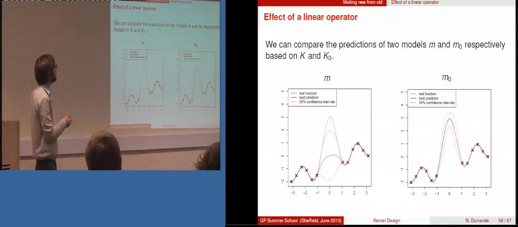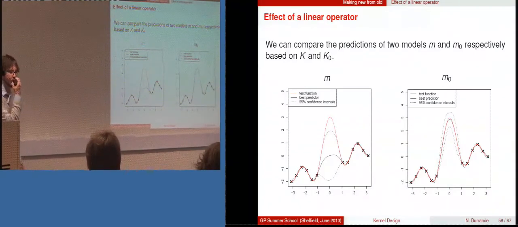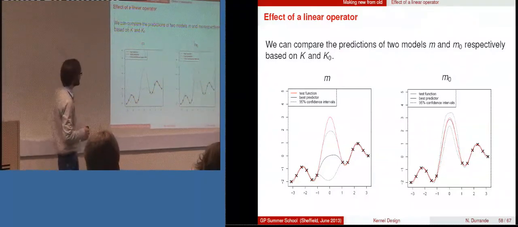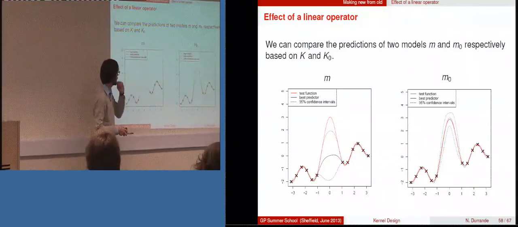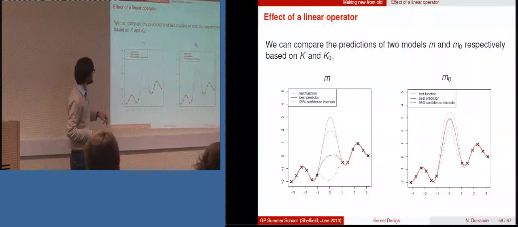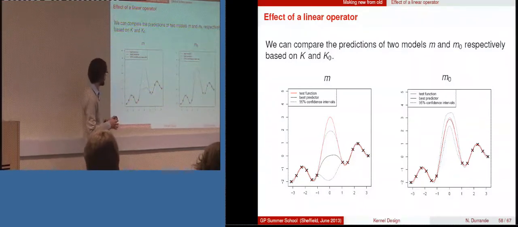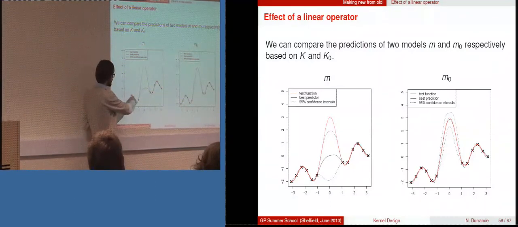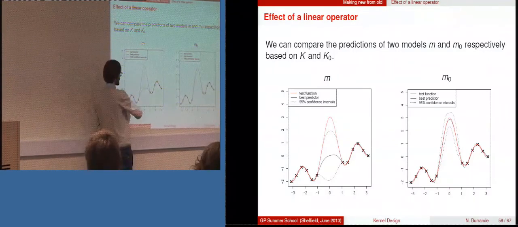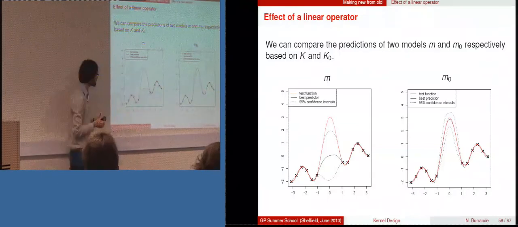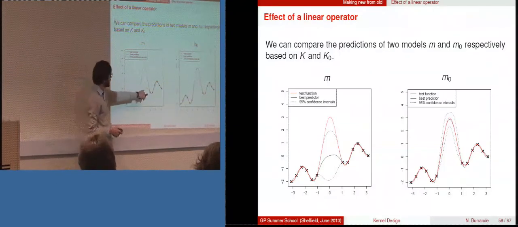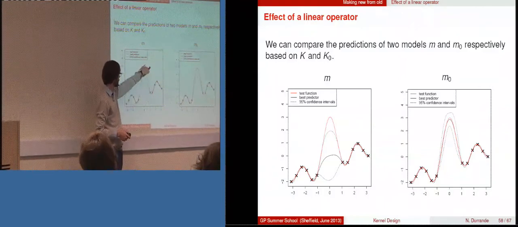So I compare here one model based on K, the kernel we start with, and one that corresponds to the centered version of our kernel. The function I want to approximate here is the function in red, and this is what I obtain with the usual kernel. It doesn't know that the function we approximate is actually zero mean, and most of the observations are below 0. So it will tend to stay in this region,